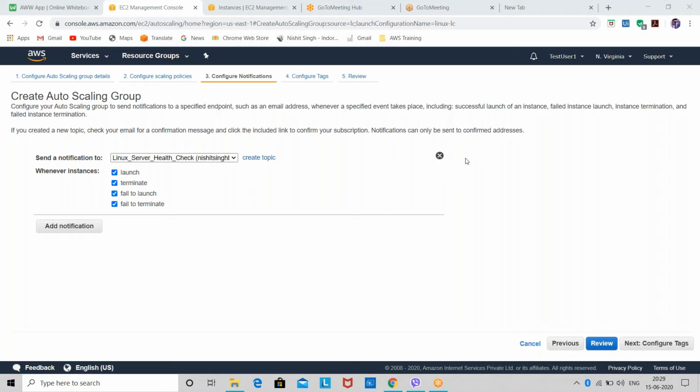Is there any frequent disconnecting issue? Whether it's GoToMeeting or a network issue, I'm not sure. Let me know in the chat box. I'm waiting for you guys. If there is any internet connectivity issue going on, then I'll see if my connectivity is good or not.